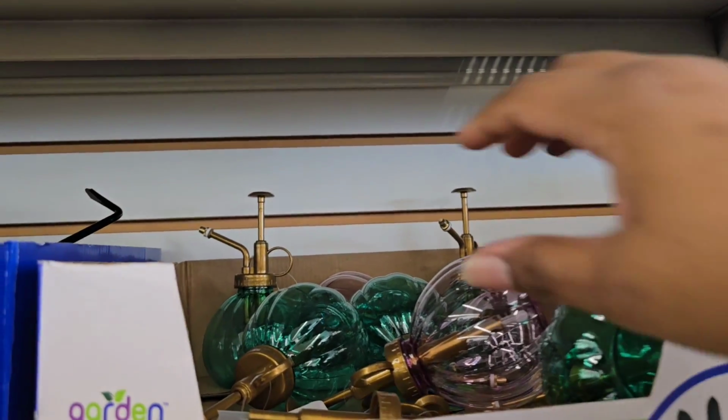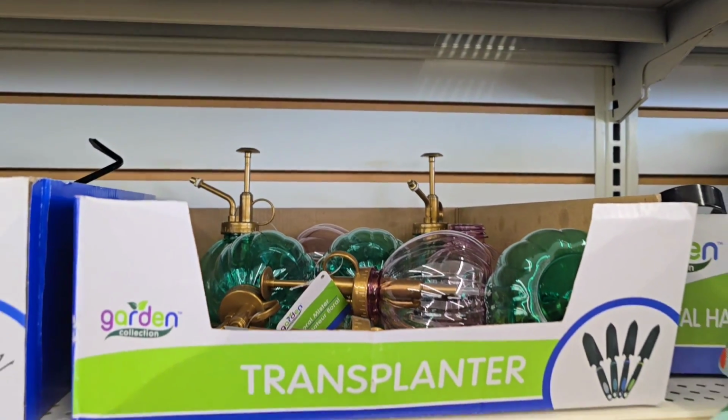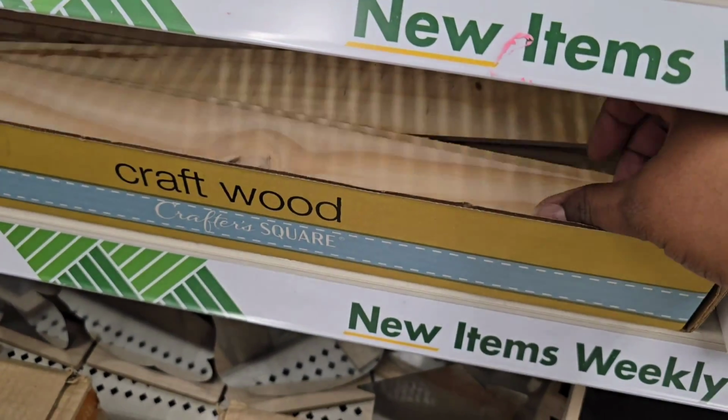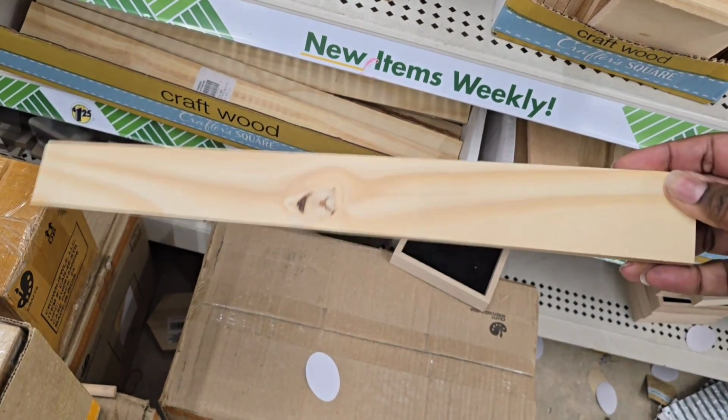And look what else I spotted. Remember these from a few weeks ago? Those spray misters are back, so keep on the lookout. Don't give up. Now, over in the craft section, I love to craft with wood, and we know that the